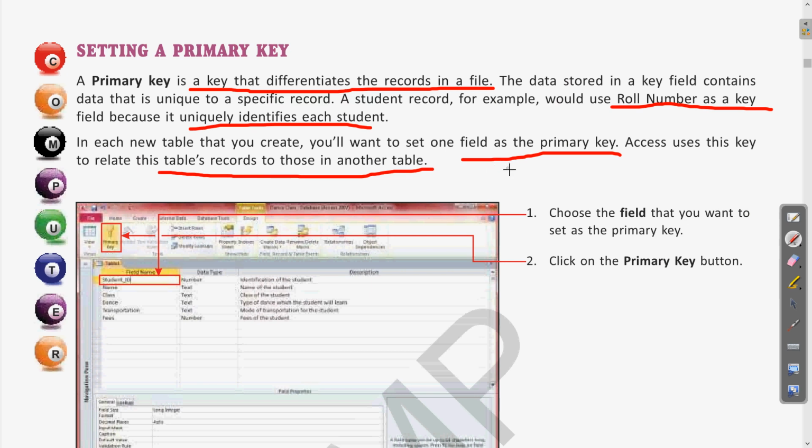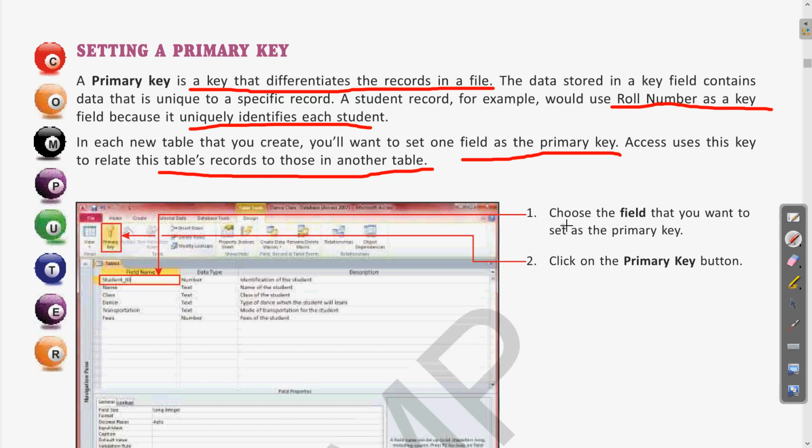Now we will see how to make any of the fields a primary key. As we have already entered the different field names, now it is time to choose the primary key from them.